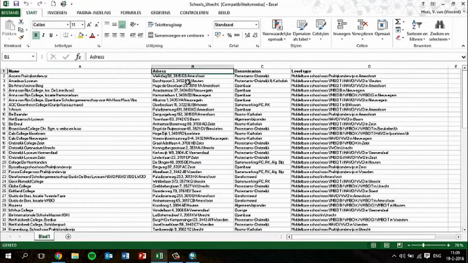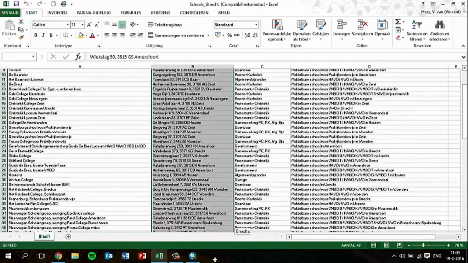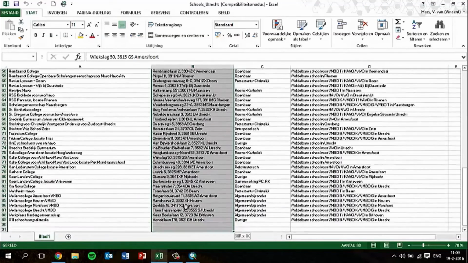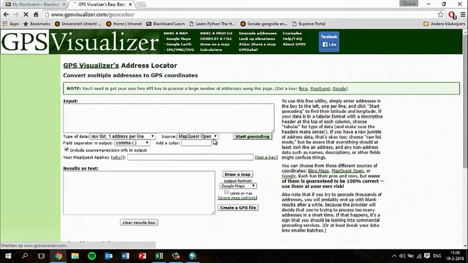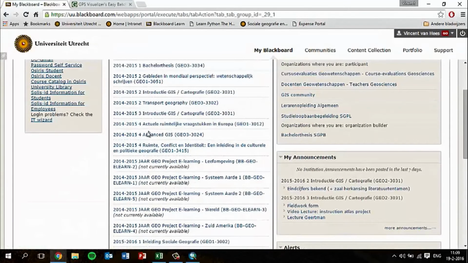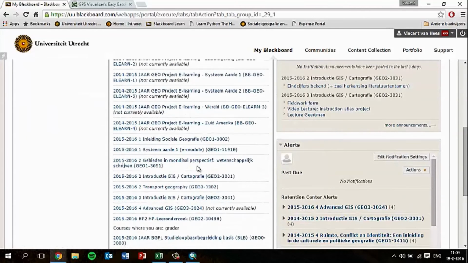Very important to save it as an XLS file, not an XLSX, but an XLS file. And when I have all my data, I can visualize it using the GPS visualizer. I need to geocode multiple addresses. So as an input I have the address, the postal code,